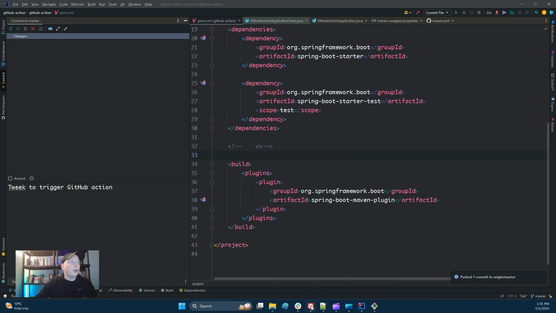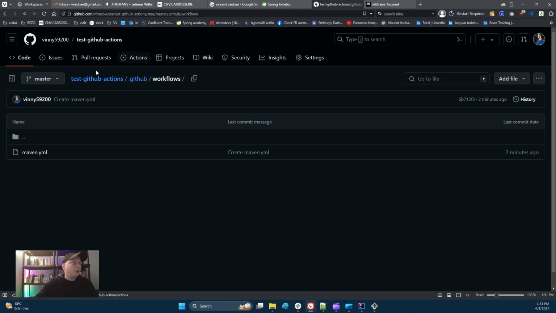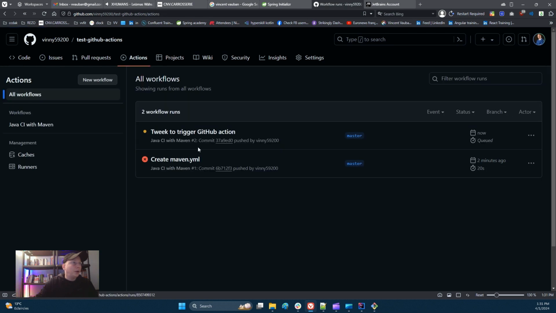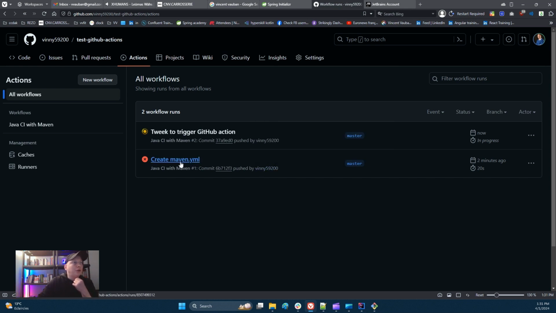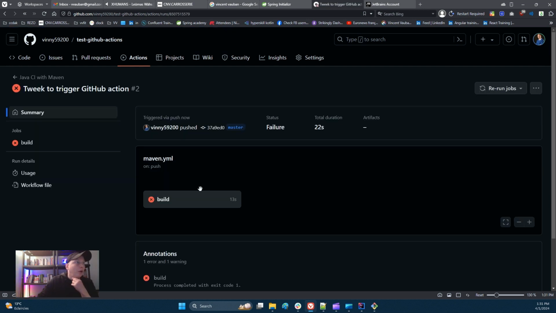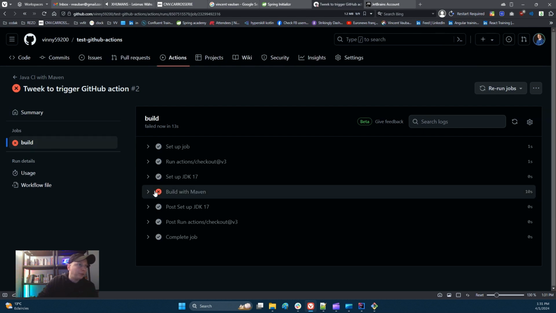Now let's get back to GitHub. Just here. Action. And so here you see we have an action. The CI/CD is triggered, and we should see if there are any issues with our code by building with Maven clean install and package. So we have an X. This means there is a failure. So we will check the build, and it was the build with Maven.